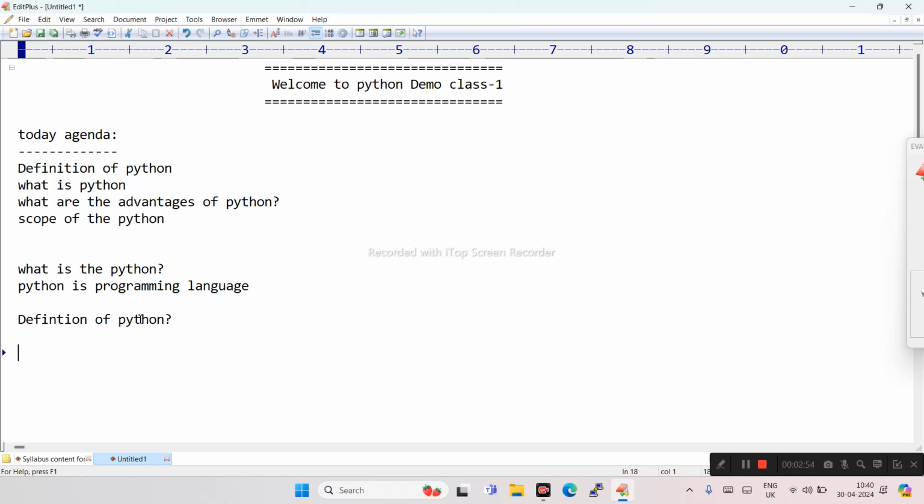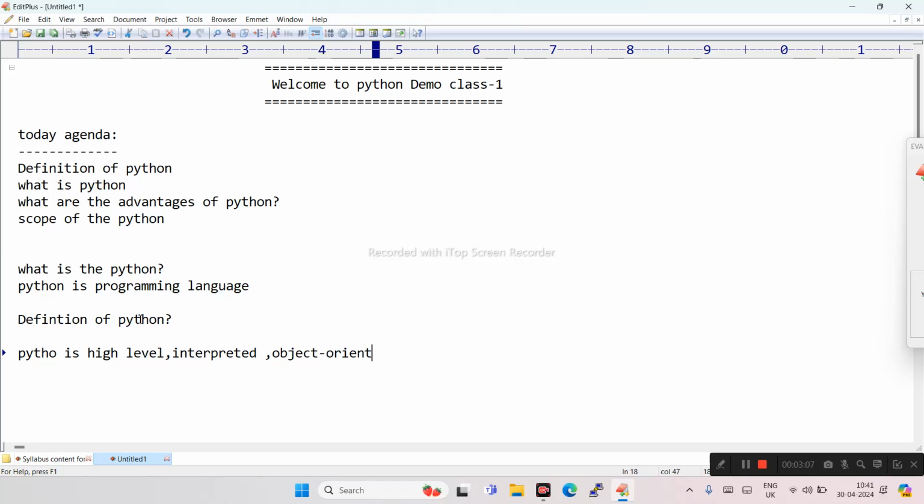Python is a high level, interpreted, object oriented programming language.